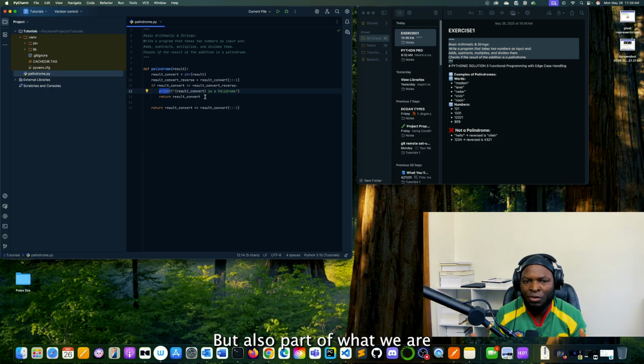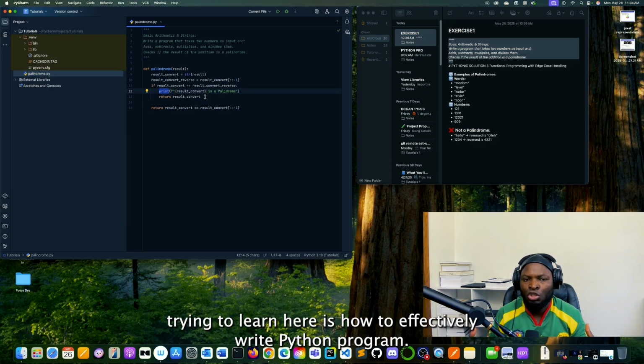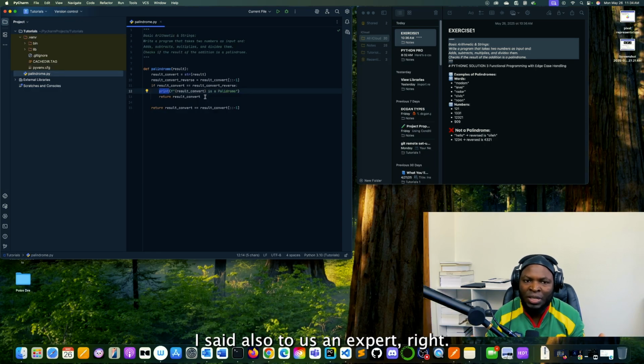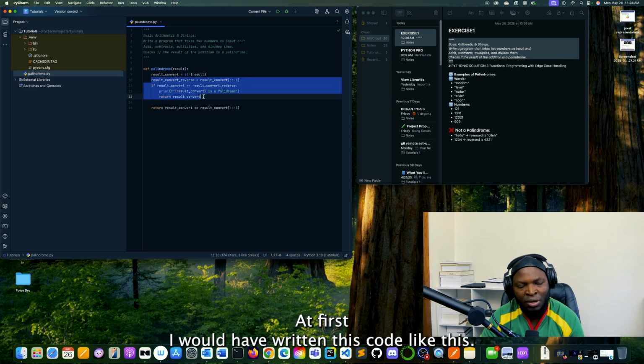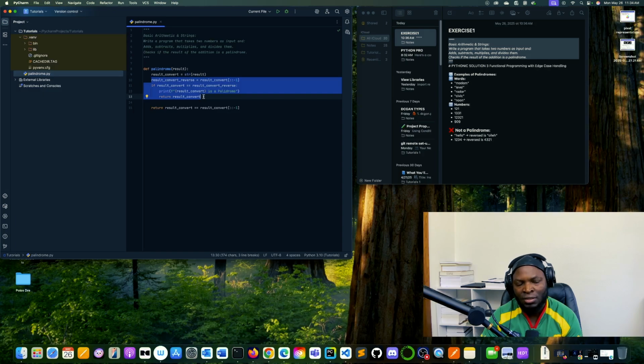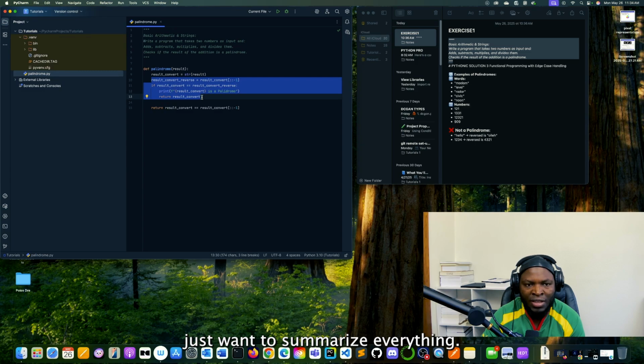But part of what we are trying to learn here is how to effectively write Python programs as an expert, right? So that's why, at first I would have written this code like this and it still is okay, right? But I would just want to summarize